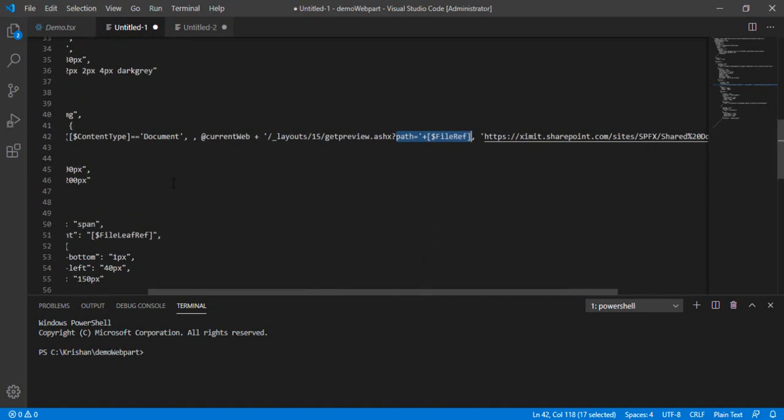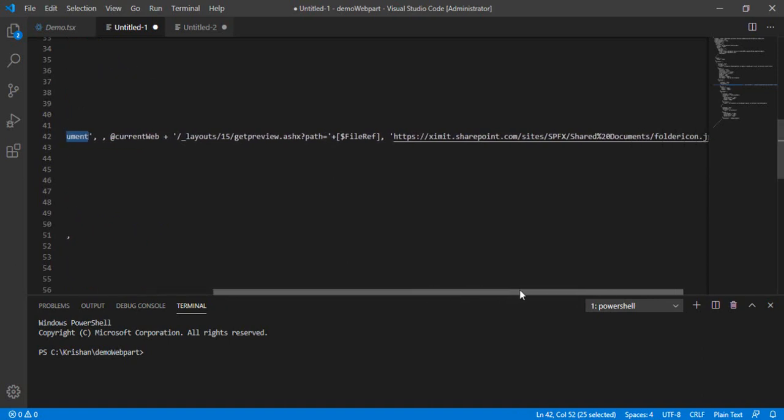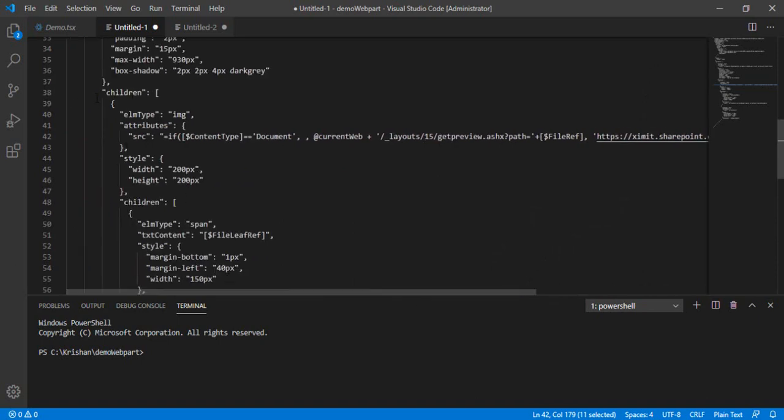Here I'm checking if its content type is document, then it should preview the file, and otherwise, if it's a folder, then it should show a folder icon. You can use whatever folder icon image you want. You can store it somewhere in your library, or somewhere the path is accessible to your view. That's how you can set the styling of your tile icon.